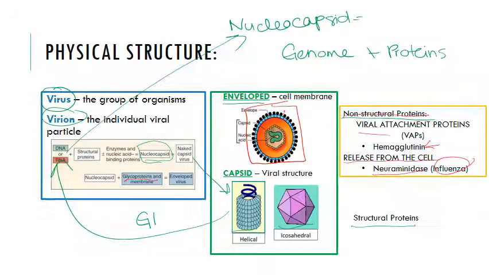So let's talk a little bit over here about the viral genome. I already mentioned that it can be RNA or DNA, but never both. Viral genomes can come in a variety of formats. They can be single or double-stranded. Single-stranded genomes may be positive or negative sense, and double-stranded viral genomes will be ambisense, containing both plus and minus